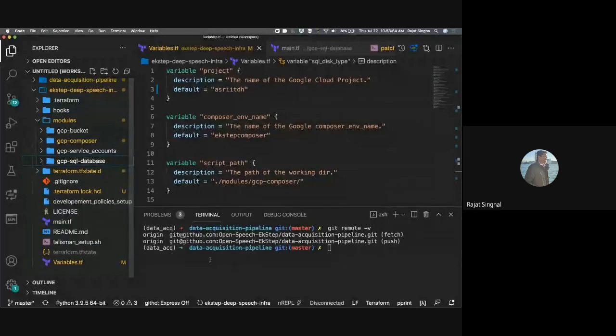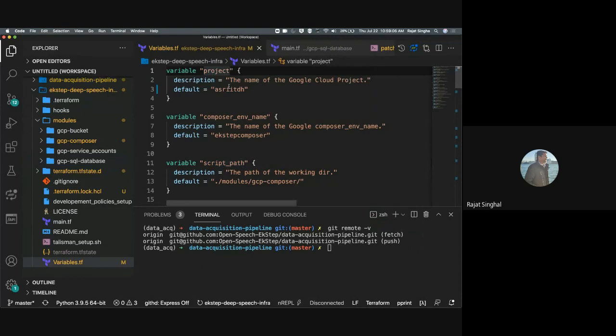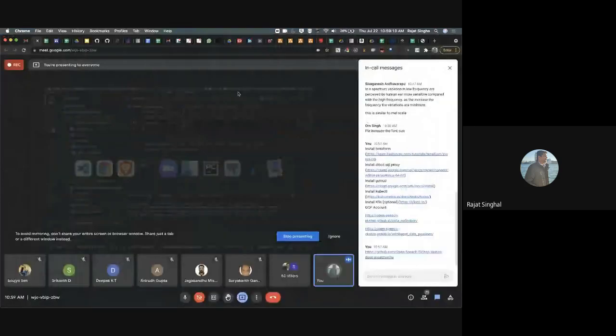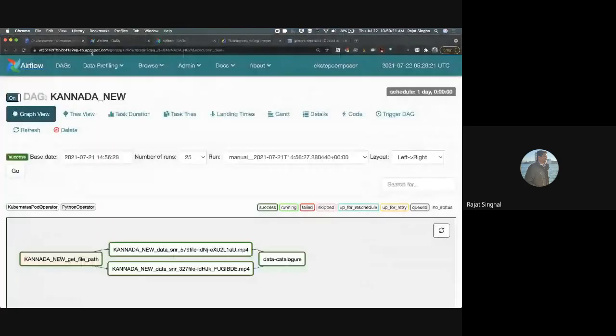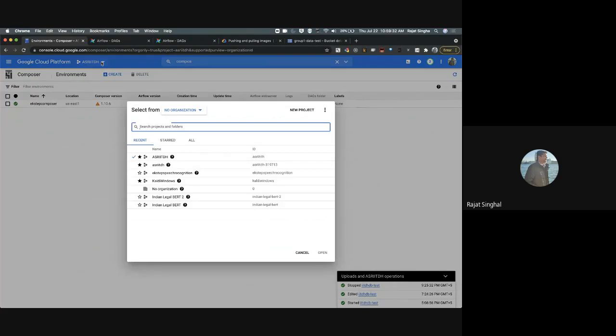Let me go through the variables first. In the variables, you provide the project. The project is the one you see in the Google console, like this is ASIR IITDH. The other project name is, I think, hyphen some ID, if I'm not wrong. Let me go to that. Yeah, so this is the ID. So if I copy it here from here,